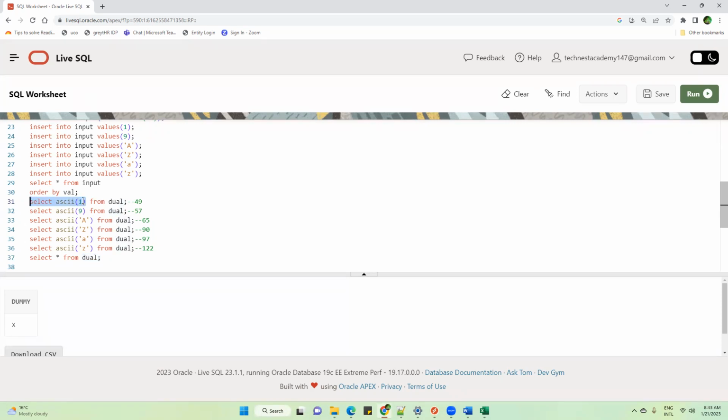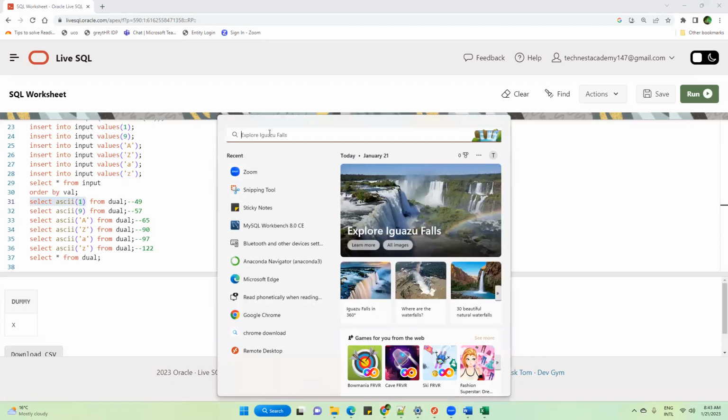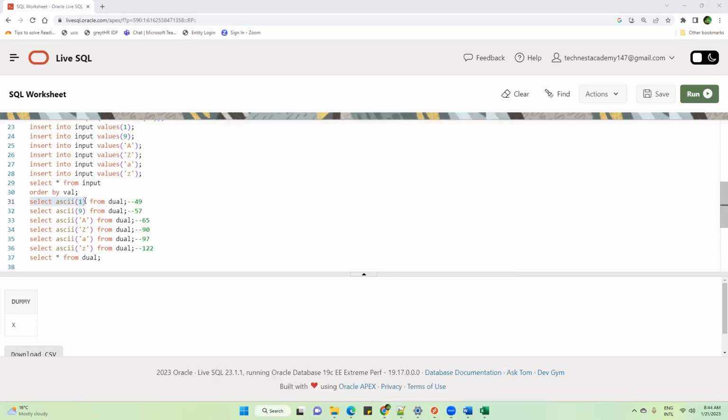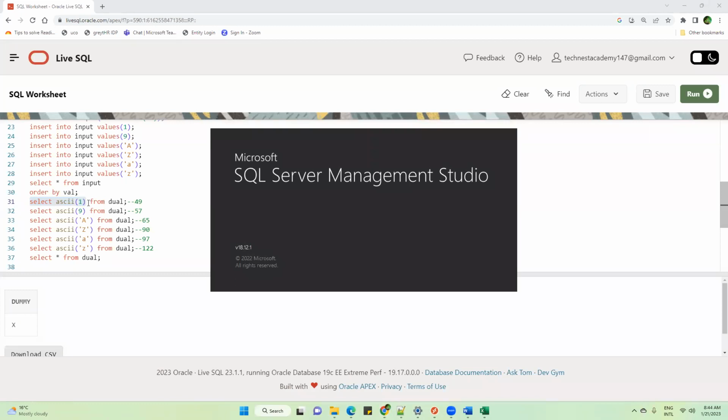SQL Server will give you the same value. Same for MySQL and Postgres? I have not tried MySQL and Postgres. A good question, I will give it a try today. But it works on SQL Server the same way. Just write select ASCII 1, it will give you the value.